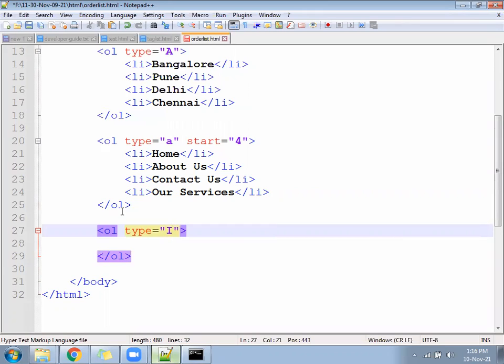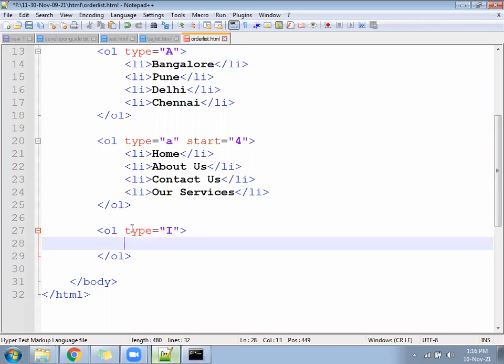So for Roman 1 to 3, we have to specify type equal to I. For capital, if you want to start, then you have to write capital I. For small Roman, you have to write a small i.